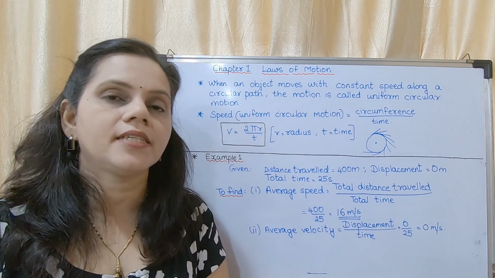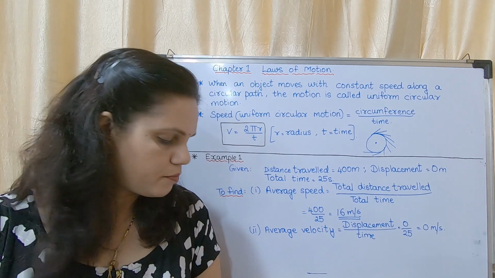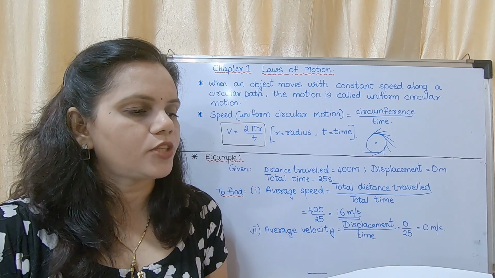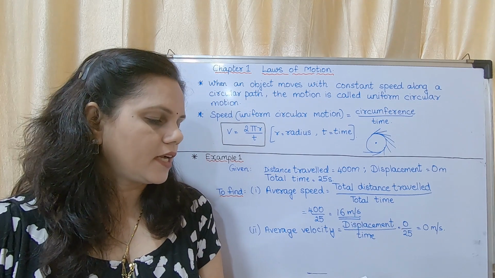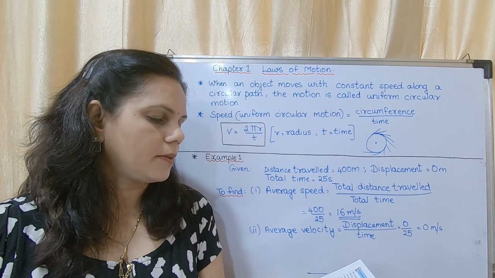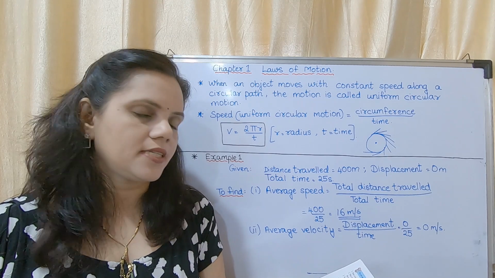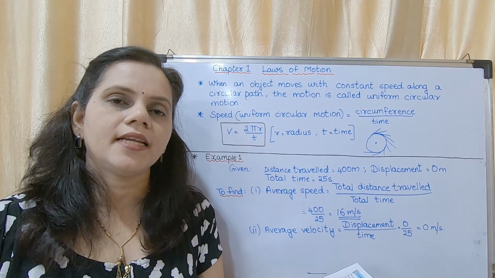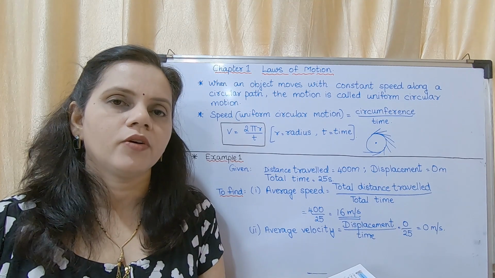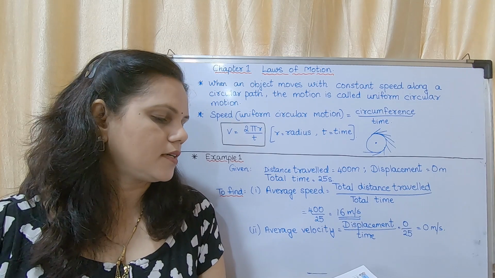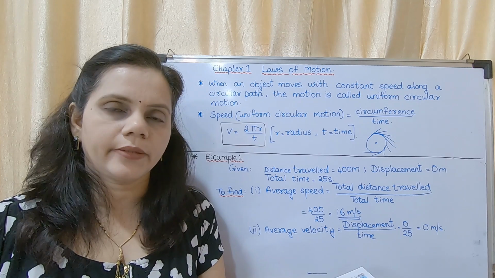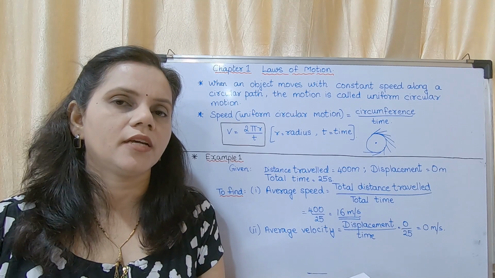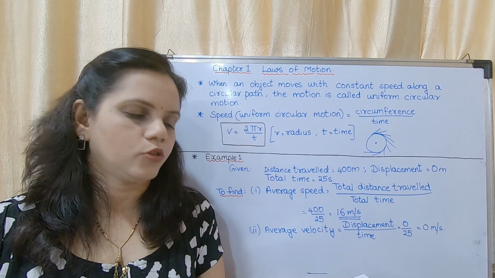It is there on page number 10, the paragraph below that activity. I will read it out. When an object is moving with a constant speed along a circular path, the change in velocity is only due to change in direction. Hence, it is an accelerated motion. Okay, so this is a give reason question: uniform circular motion is an accelerated motion.